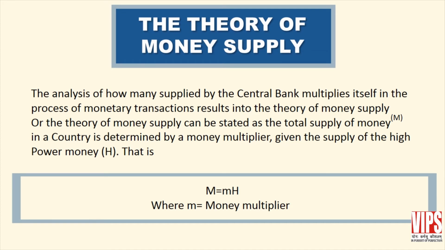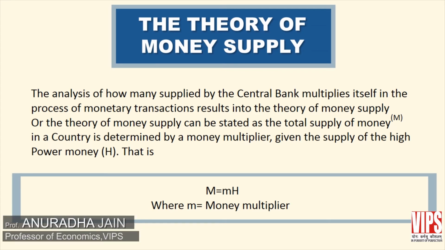As we have discussed earlier, the total money supply that serves as a medium of exchange and store of value is supplied by two sources, that is the central bank and the commercial banks. Commercial banks do not print and supply their own money. However, they create credit in the process of lending and borrowing money.